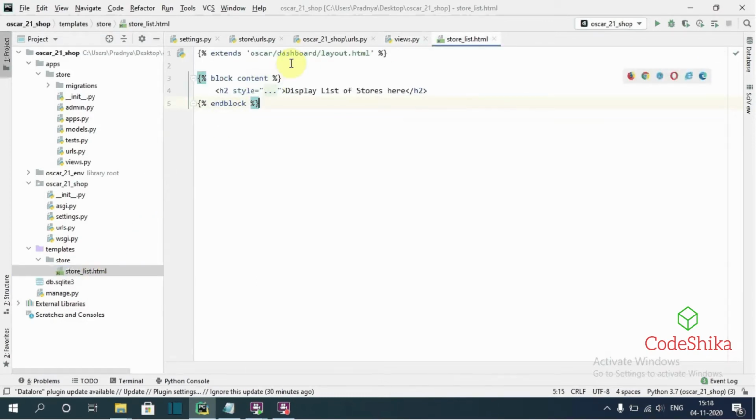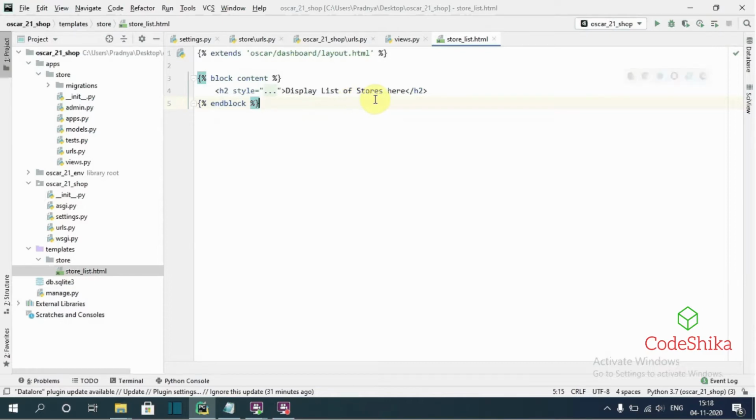In this template I have extended the Oscar dashboard layout.html template because we want to show this template under the dashboard. And here we are adding new content using block content, and here I will just show this simple text that is display list of stores here.